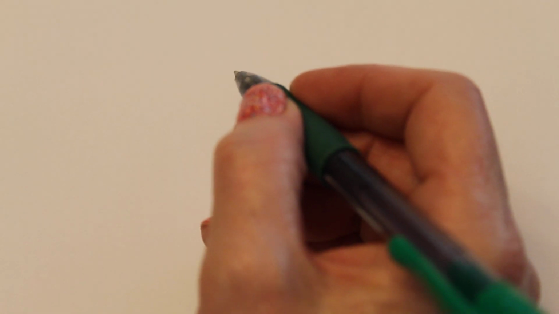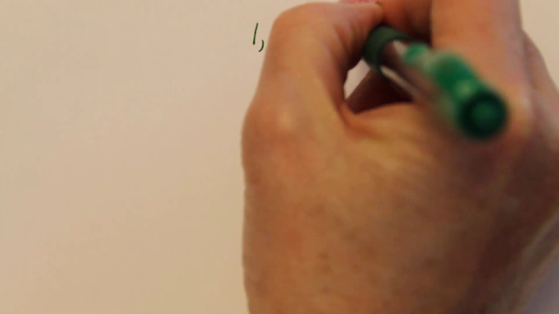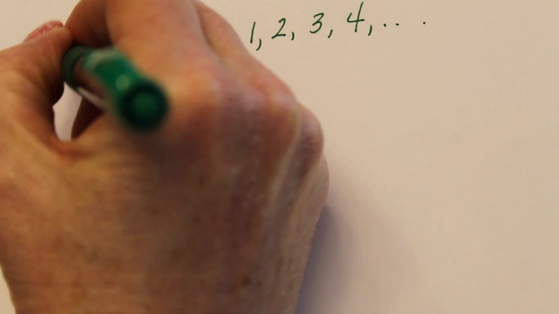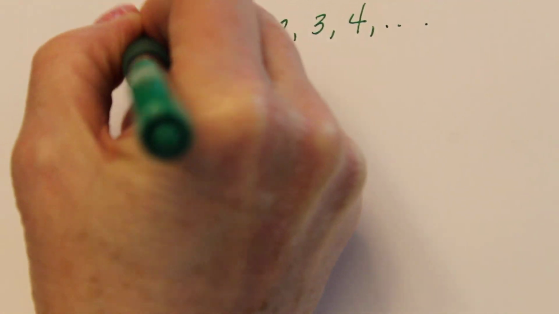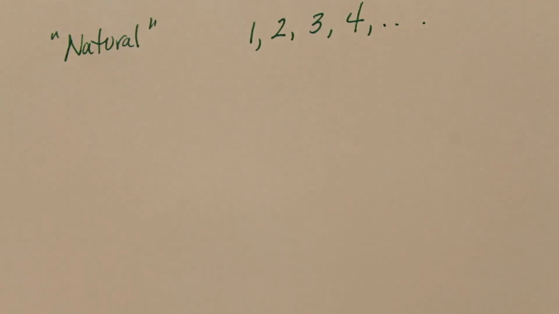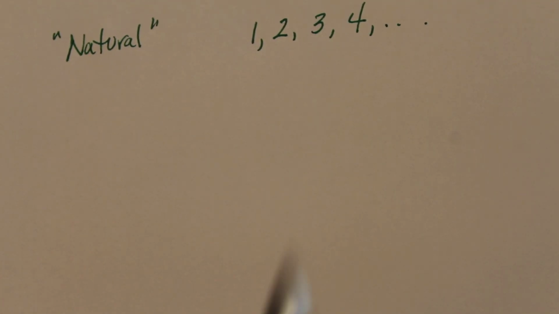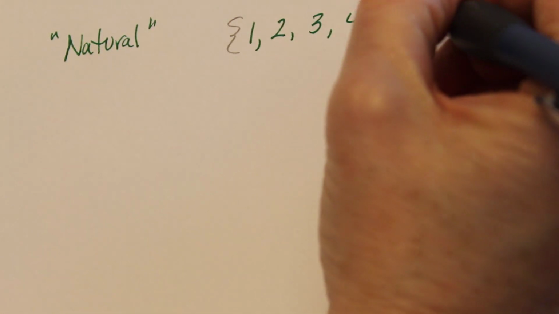All right, so let's continue with studying the sets of numbers. For those of you that have young children or maybe a niece or nephew, if you ask them to start counting, they're going to say 1, 2, 3, and they're going to go on. So the counting numbers start at 1, and you know what? When you ask someone what are the numbers, it's only natural that you would start at 1. 1, 2, 3, 4. So the set of natural numbers include the positive integers starting at 1